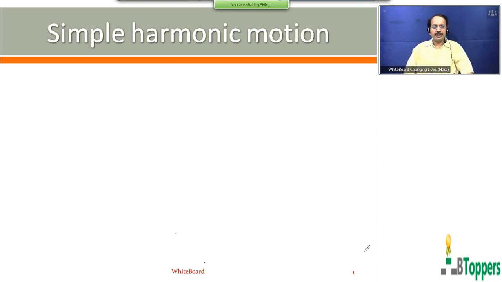So in the previous class, I started the simple harmonic motion. So I would like to continue the discussion about the equations for a particle performing linear simple harmonic motion. Please don't write running notes when I am discussing something now. So you concentrate to just listen when I am giving the explanation.